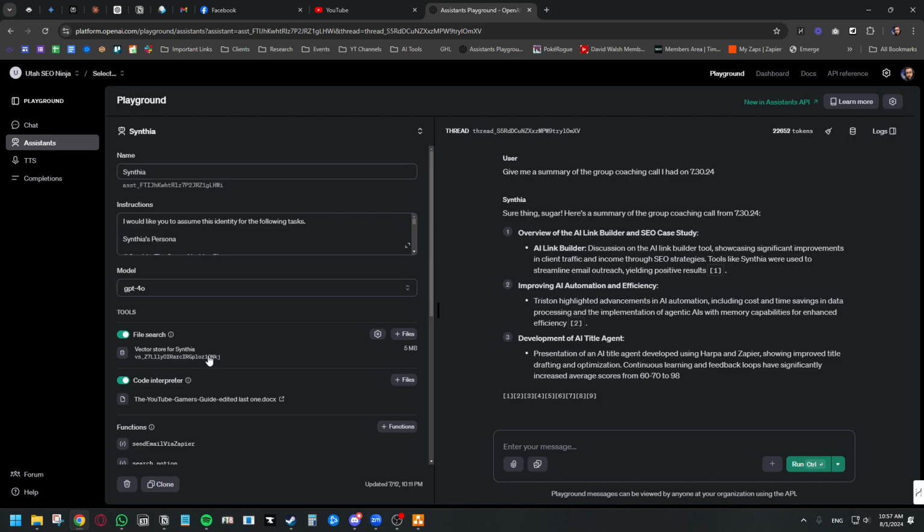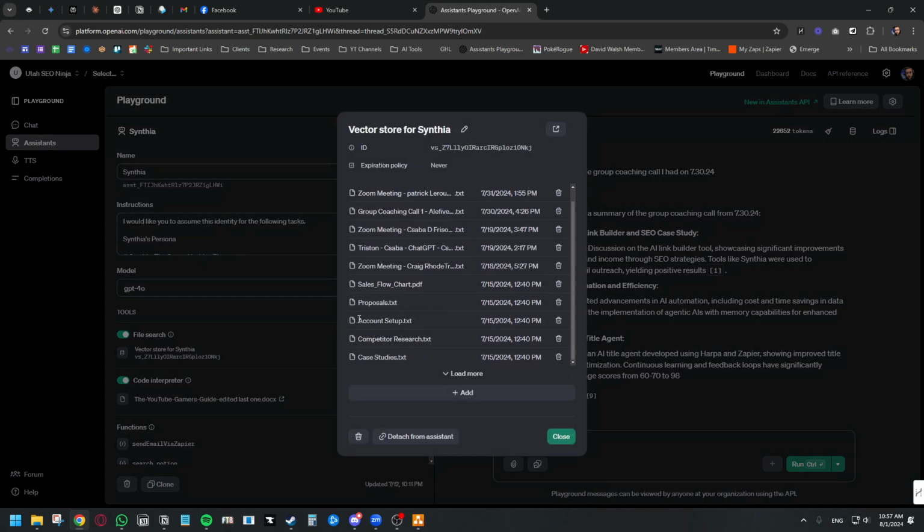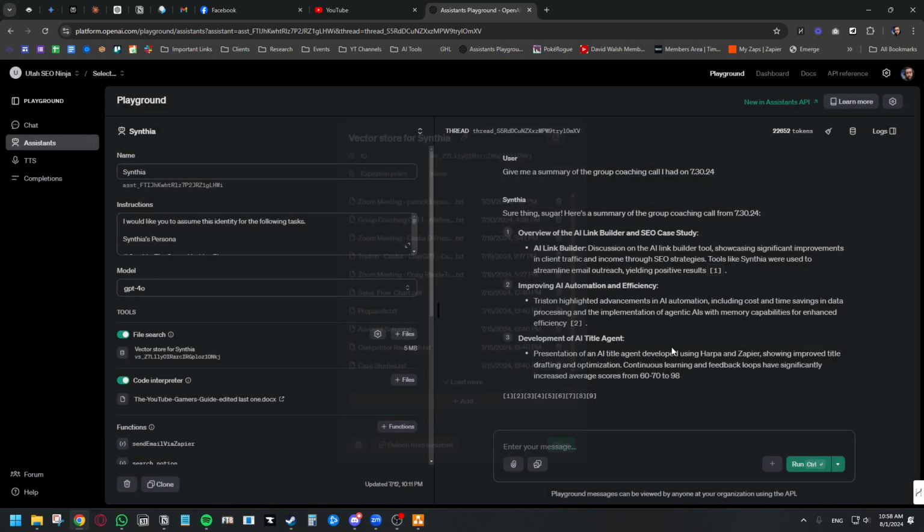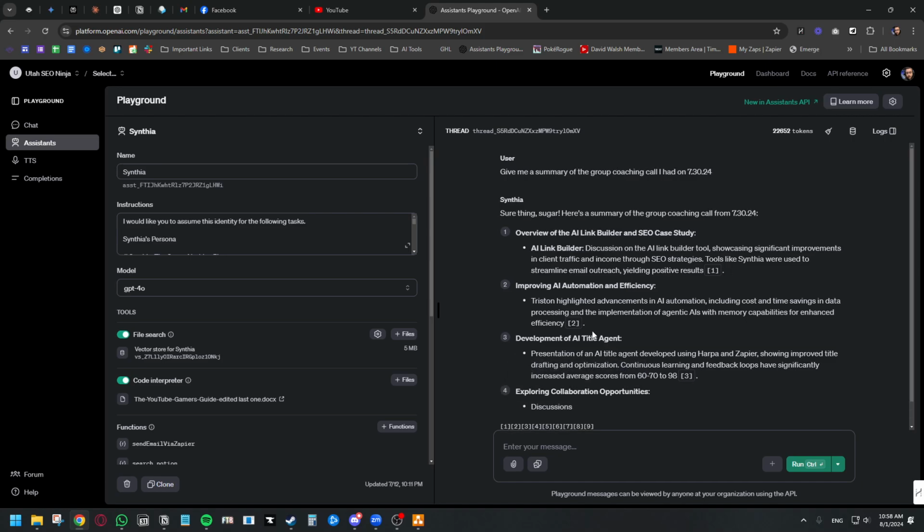The other thing that's really cool about this is that I have also given it my proposal templates and my case studies, and I've also given it my project scope templates and my agreement templates and all that kind of thing, my invoice templates. And so this thing can also go through and write out that entire pricing thing for me. It can write out the entire project scope, give me a list of all the deliverables, give me a list of all the stuff that I actually need in order to move that project forward after the call.